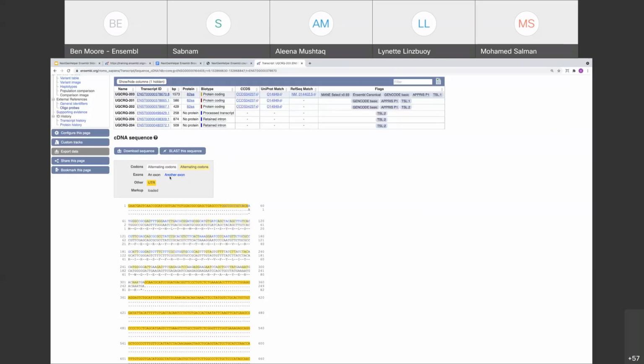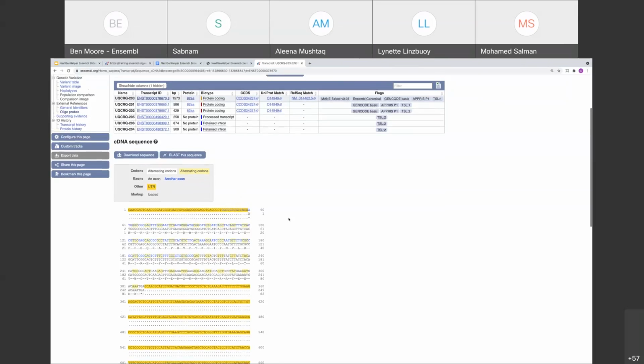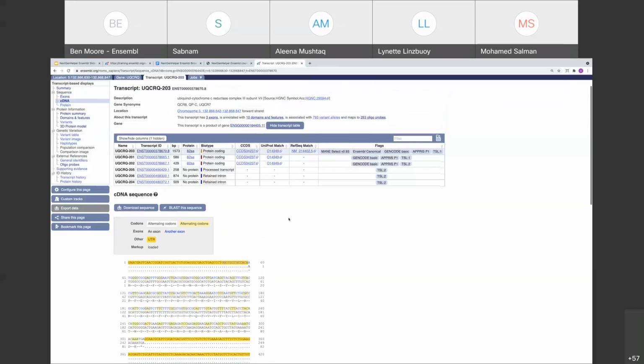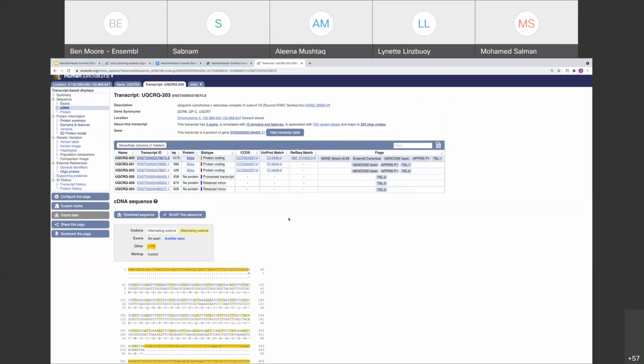Exons over here are shown as blue and black lettering. So these are alternating black and blue. So you can see that the first exon finishes about here, and then the black lettering shows the start of the second exon. And this is it that I wanted to show about the cDNA sequence. And now we're going to explore the